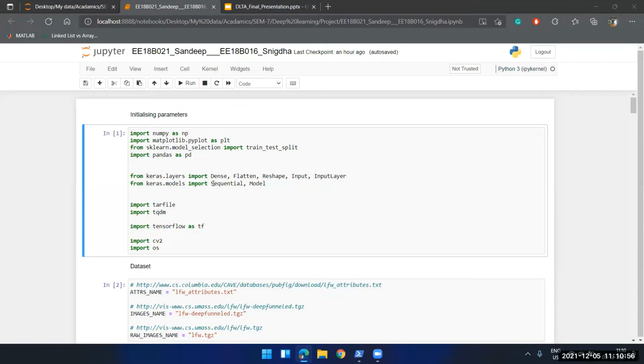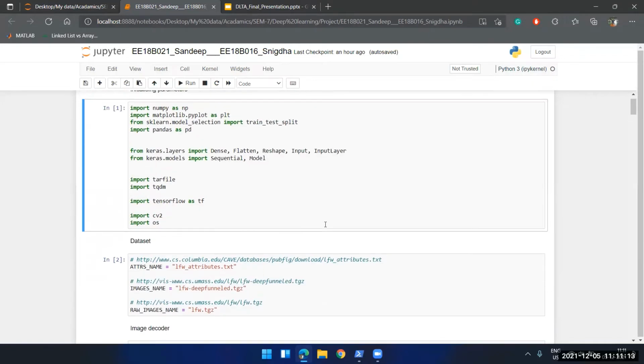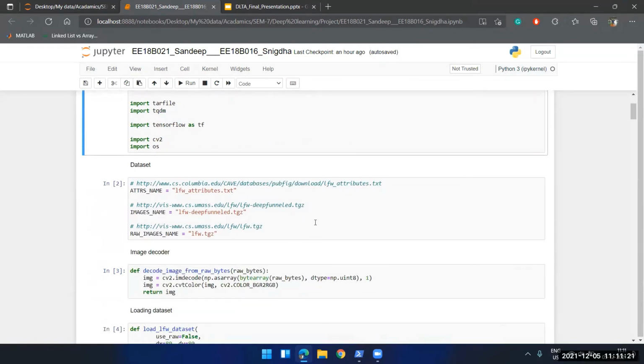Hello, this is Sandeep, and I'm here to give a quick demonstration of the code that we have implemented for this project. We had considered the initial parameters that were necessary for this model. As mentioned in the presentation, we are using the autoencoder process to regenerate the image that is given as the original data and passed through the autoencoder model.